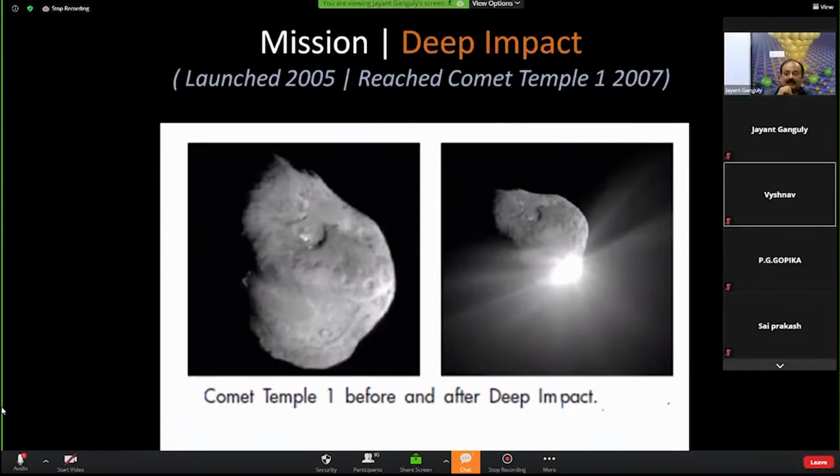So people thought that to understand what a comet is, there should be a lander which will crash land on the surface of a comet. One Hollywood movie was also made on this, you can see that. But then there was a mission called Deep Impact to reach comet Tempel 1. It was launched in 2005, and it reached the comet Tempel 1,